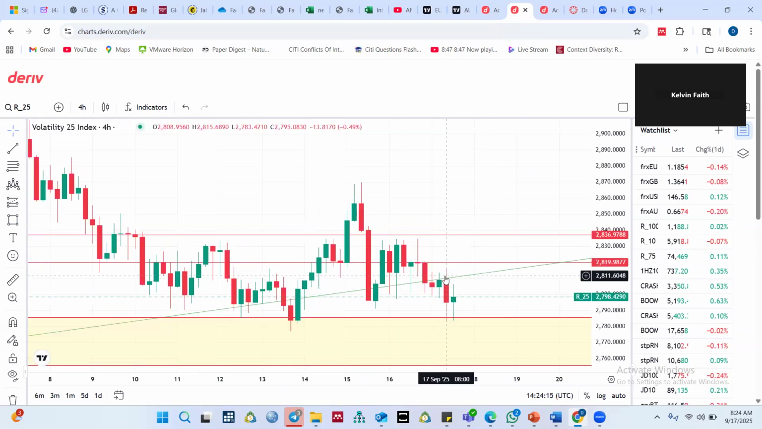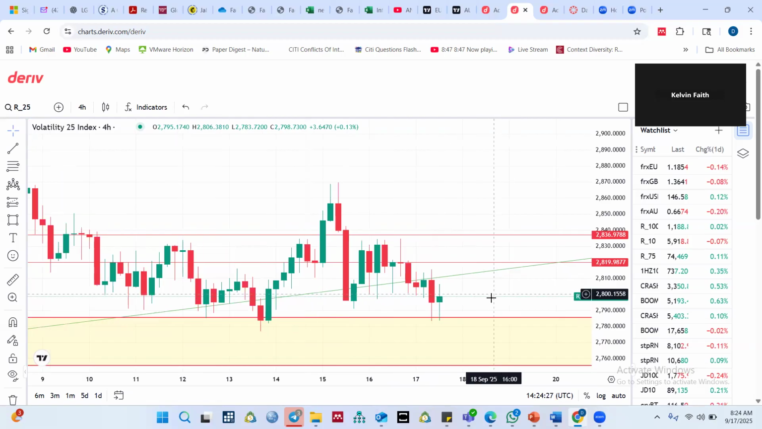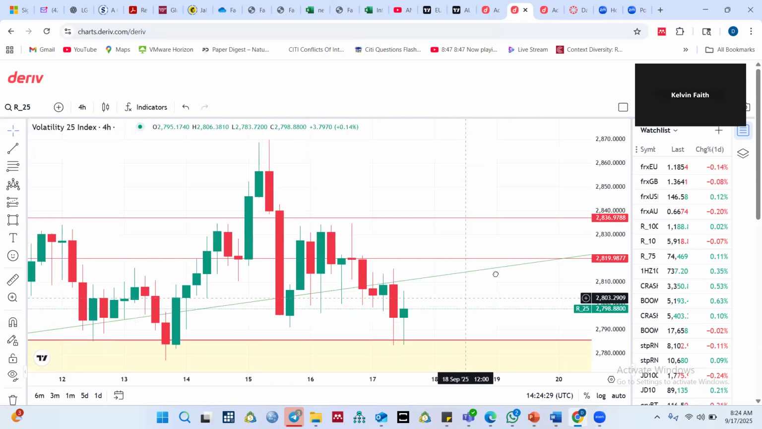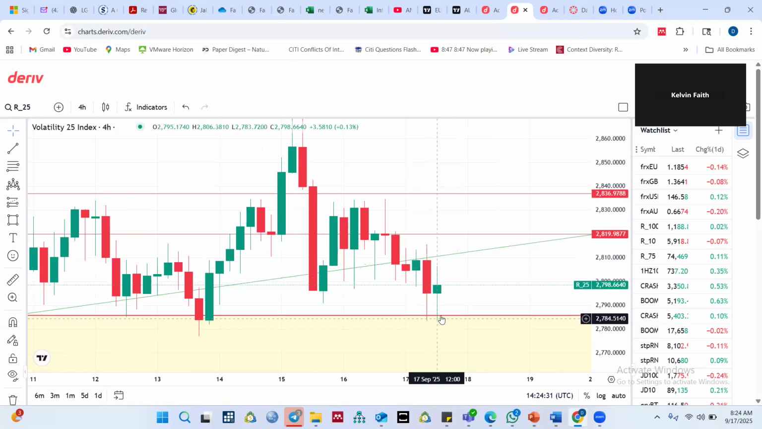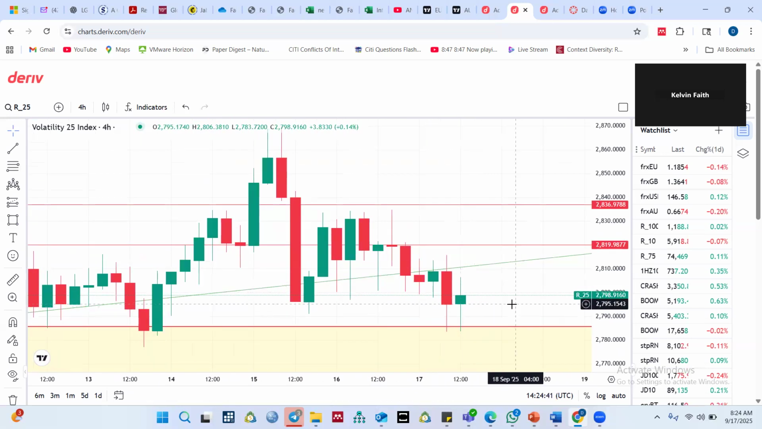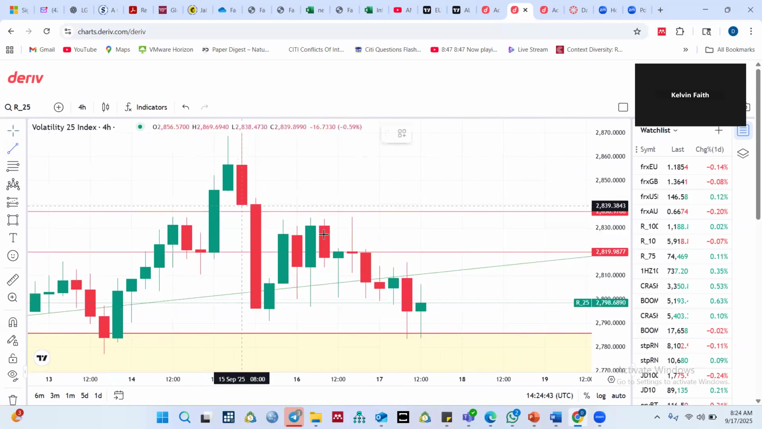On the 4-hour time frame, there is a bearish candle that took out the trend line, but there is a bullish candle that opened up and it's trying to reject. So if this current 4-hour candle, which will close in the next 1 hour 30 minutes, closes above the trend line here,